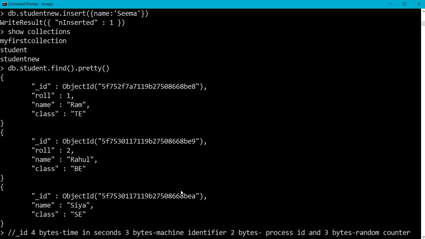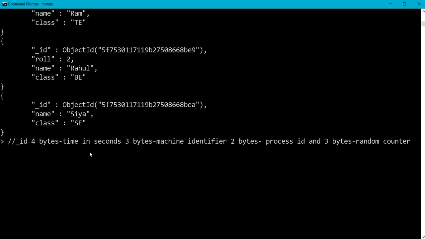In this session we have learned to create a collection, insert into the collection and retrieve data from the collection. Now I can drop my created collection: db.studentNew.drop, which is used for dropping a collection.